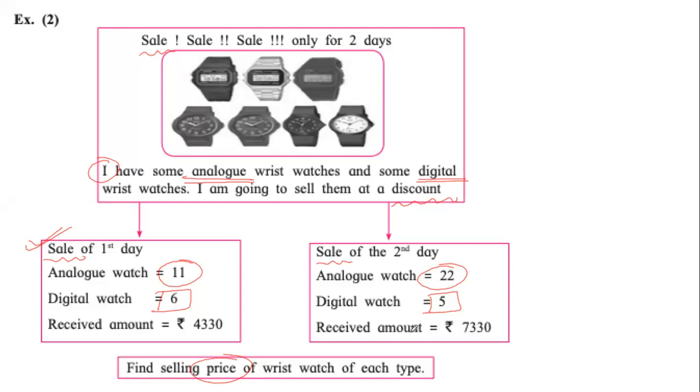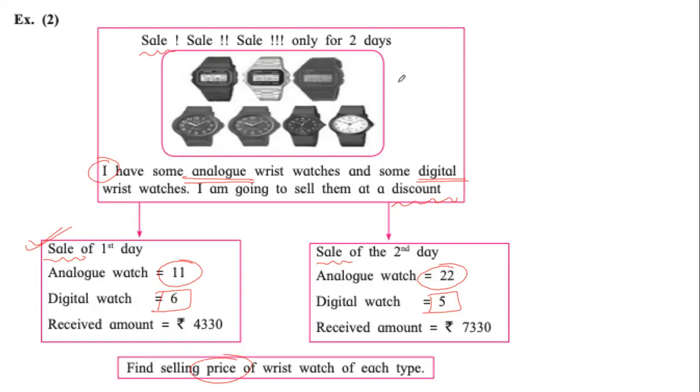Thank you, Prachi. Finally, we have to take variables for the selling price of analog watches and the selling price of digital watches. This is the complete correct answer. If we just say price, we don't know of what. If we just say watch, we don't know whether we are referring to the number or the price. So we have to combine. We have to say selling price of analog watch and selling price of digital watch. I need 5 confirmations that you understood the complication here. Yes, Khadija. Now the answer is correct. 2, 3, 4, 5. Good.